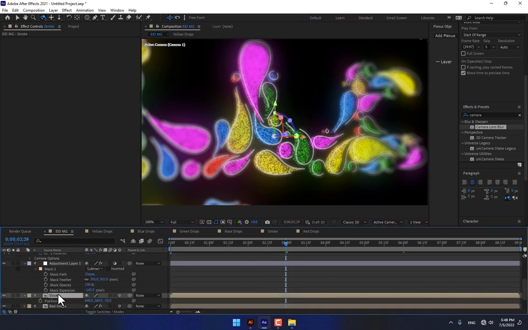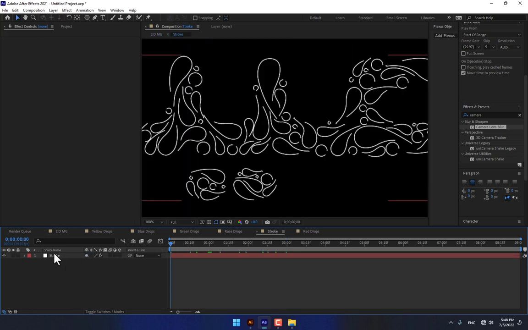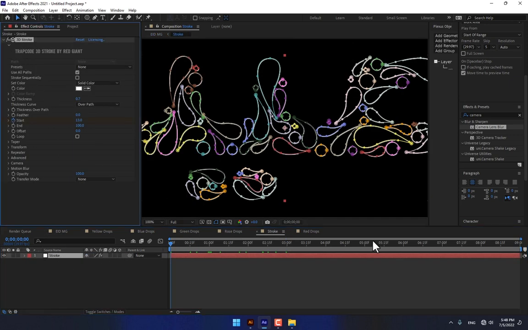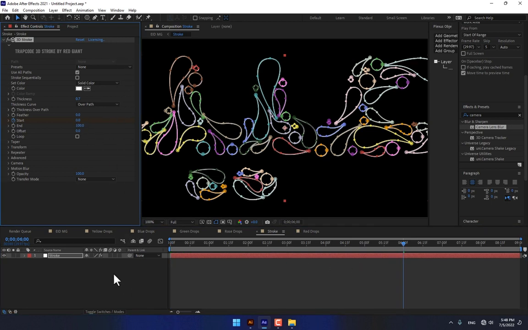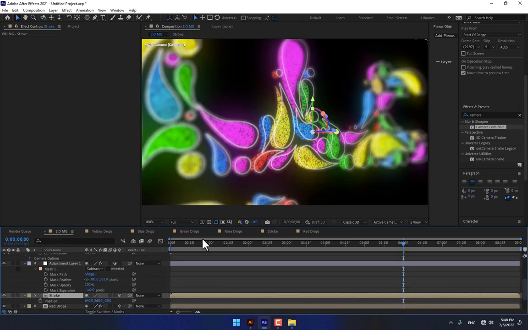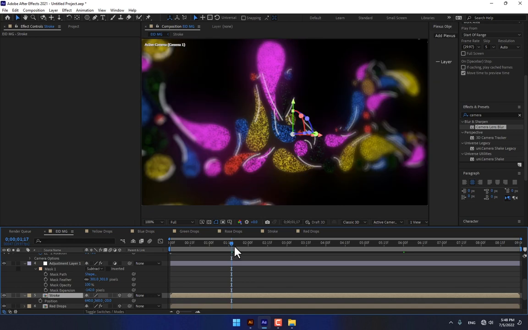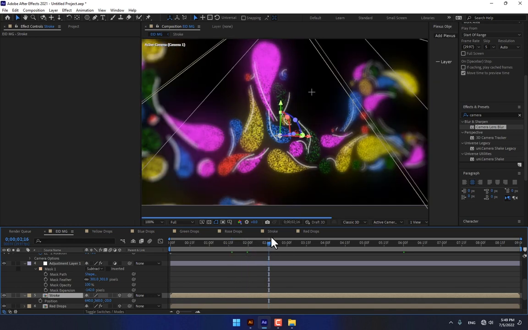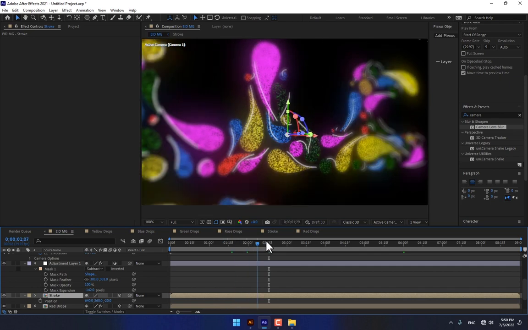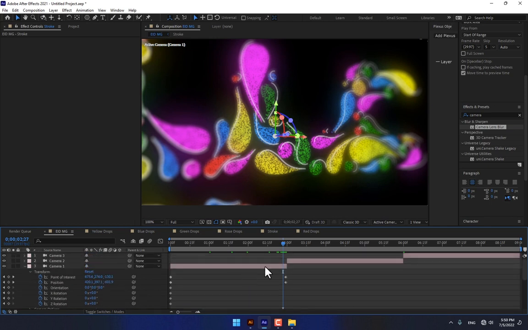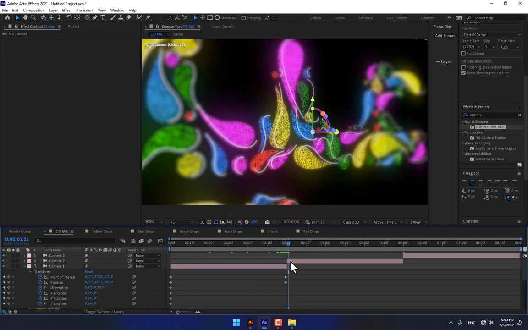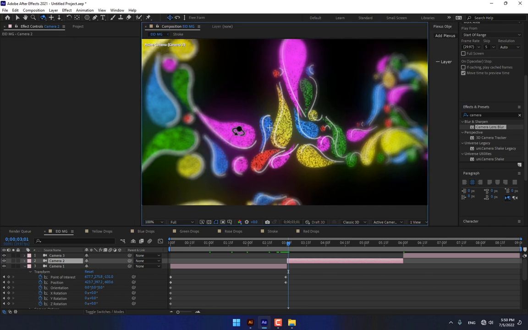And go to stroke, double click, select the stroke, stopwatch, go to second 6, change to 0, 0 means to 100, and go to 6 seconds and go to main comp. There is the first camera. There is the first shot, and after 3 seconds the camera is changing, and change the camera mode